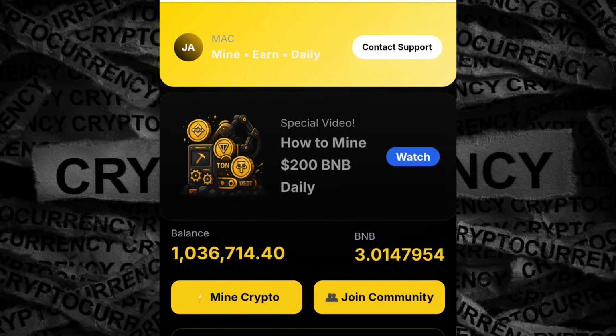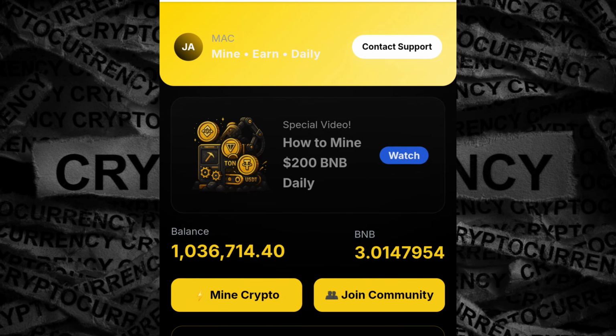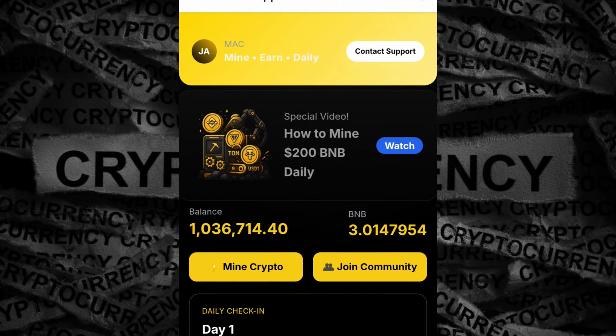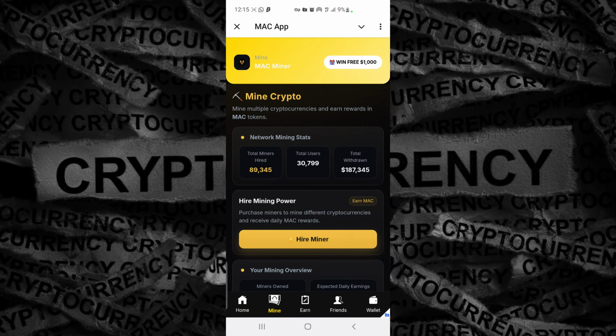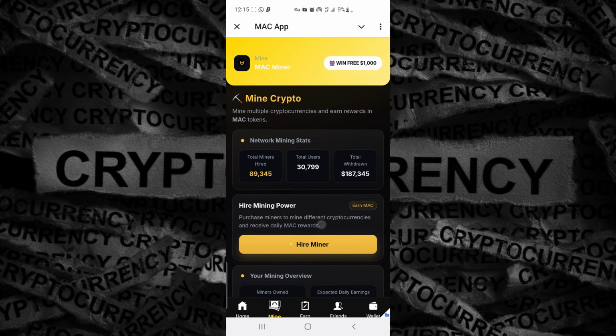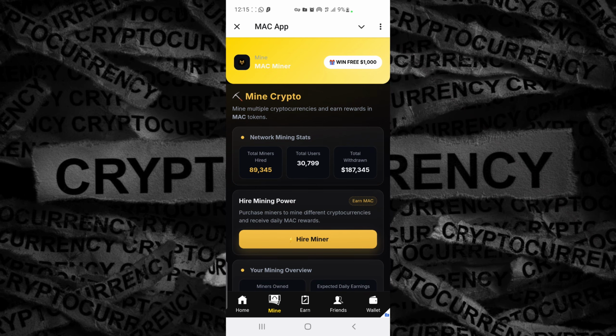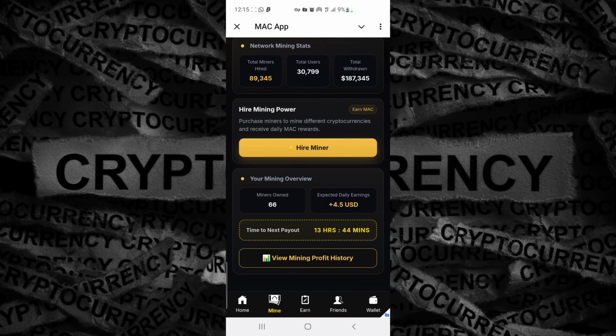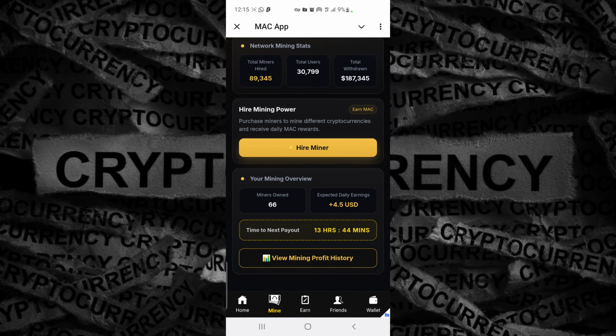Now right here I was able to earn this from mining. Now let me show you how to mine. To mine is very easy. Head over to this mine section right here, then scroll down. As you can see, this is my mining section, and right here as you can see currently I'm earning about